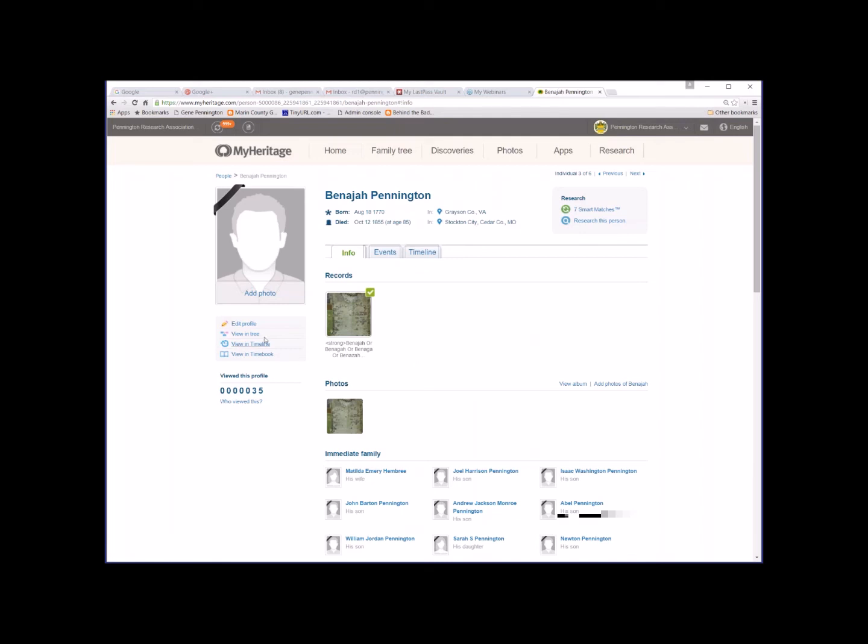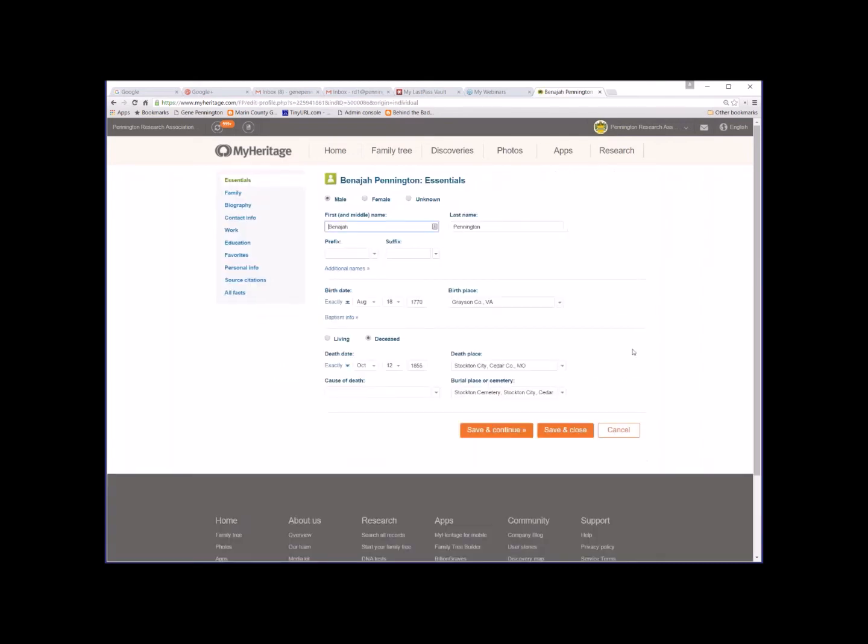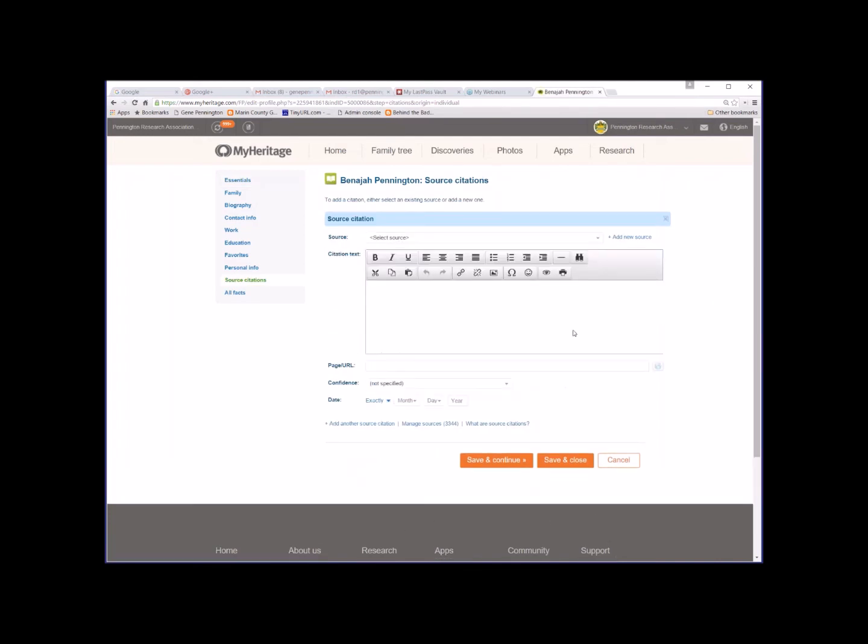Well, let me go back here to edit profile. We're back to this start page. See where it says edit profile? Click on edit profile. Now you have all these different subcategories like biography and things like that, and also sources. So you could look those up. So if there was source information, like here's source citations,